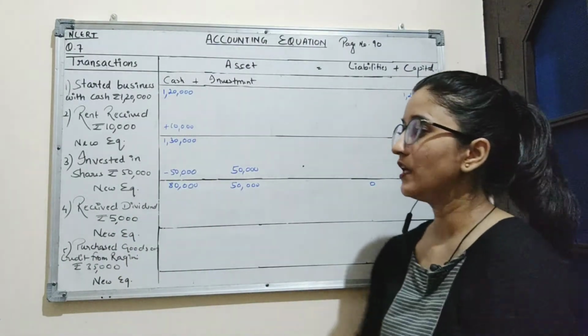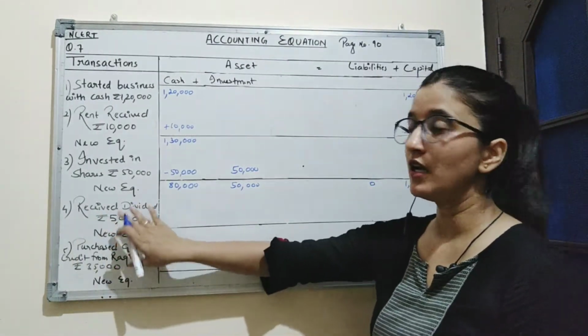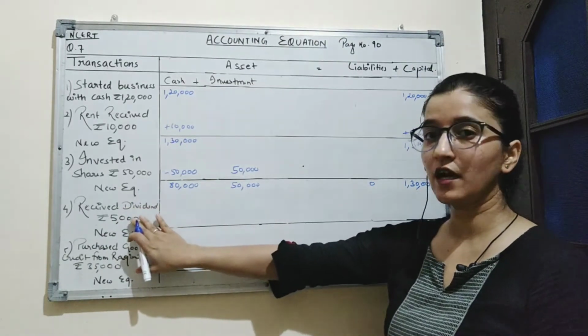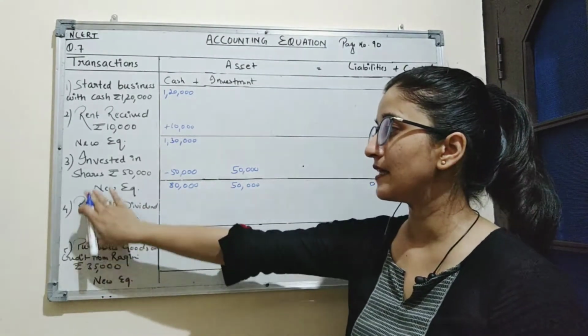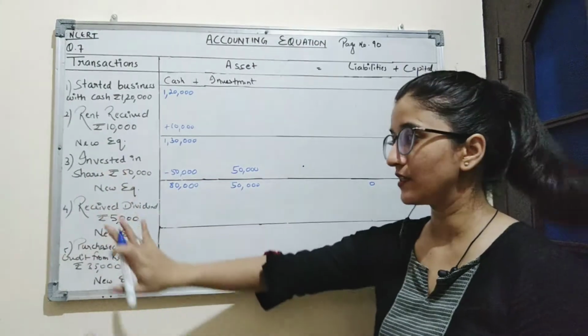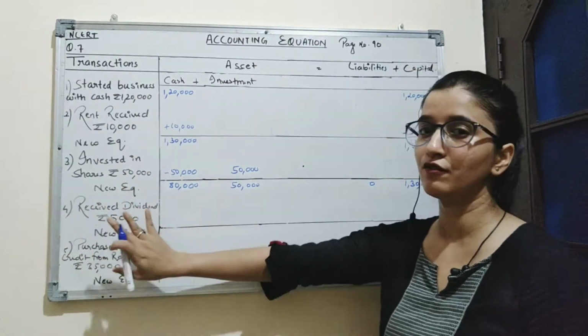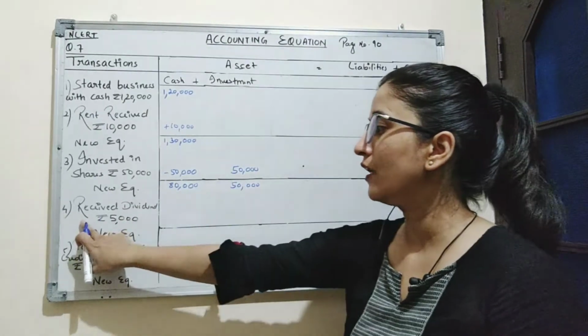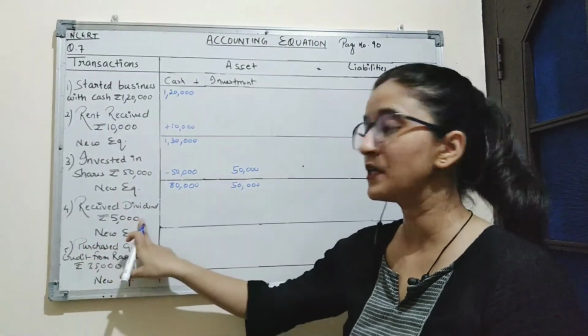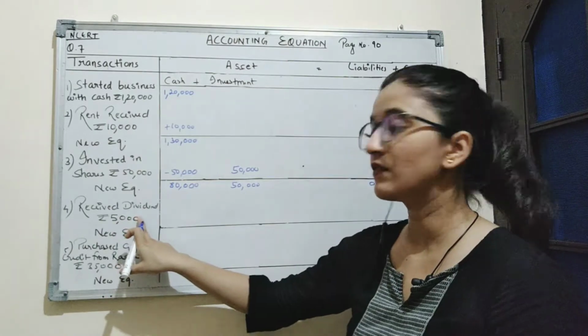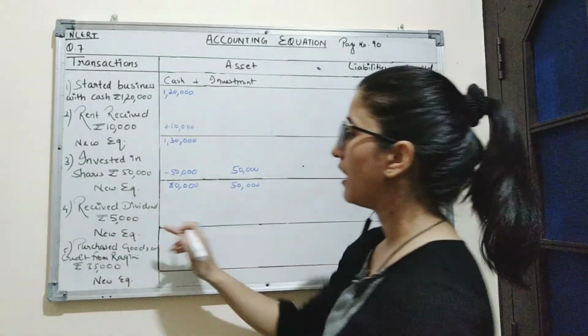Now, moving on to the next transaction, which is received dividend rupees 5,000. In this transaction, the company is receiving a dividend. Dividend is income for the company, which the company is getting by investment in shares. The company is investing in shares, and in return, the company received the dividend in the form of income. So here dividend is received rupees 5,000. This dividend is received in the form of cash. So we will add 5,000